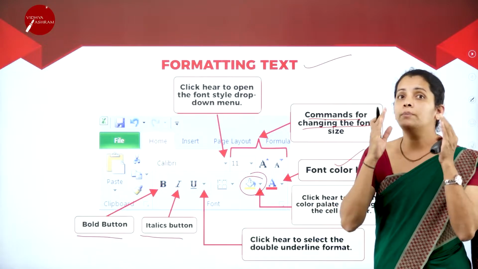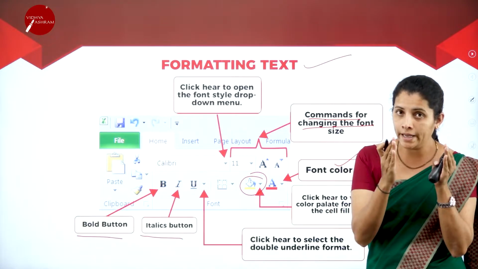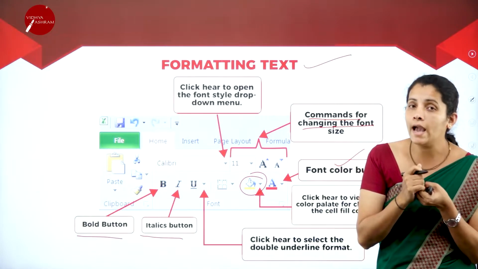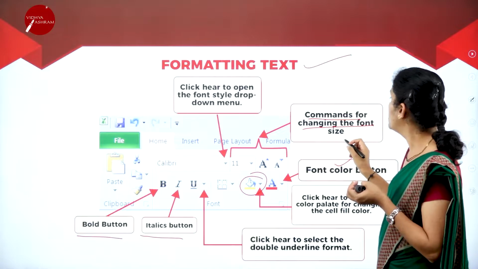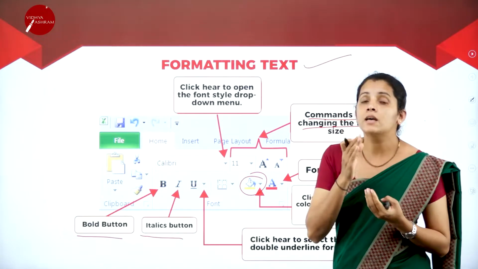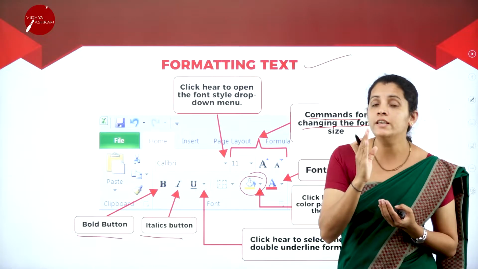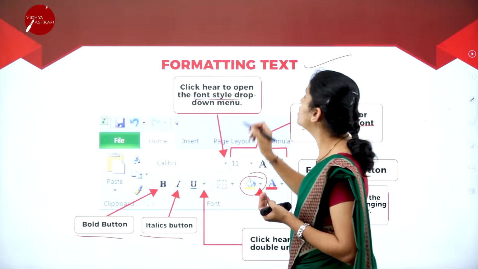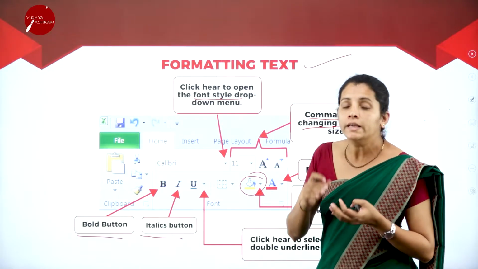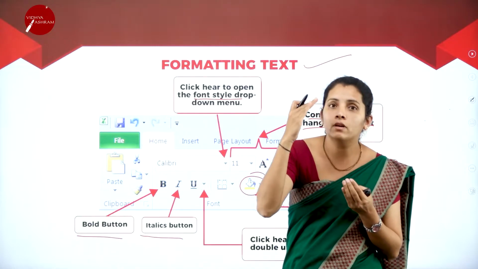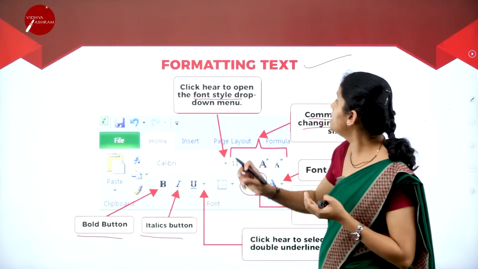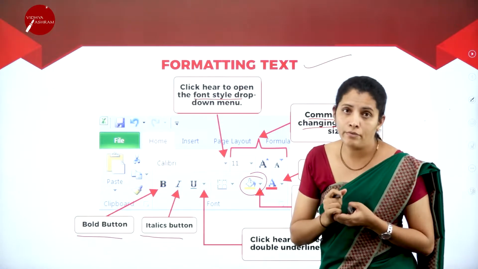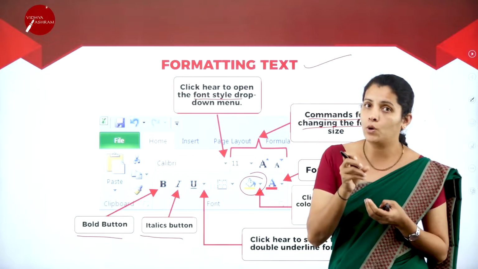That means at the beginning you have a column heading and you want to make it larger or bigger, that can happen with the help of font size. Suppose I want to change the style of font, that can be achieved by using the font style drop menu. In that, I get n number of standard font styles and I can select any font style based on my requirement.